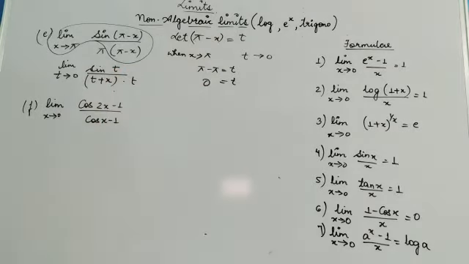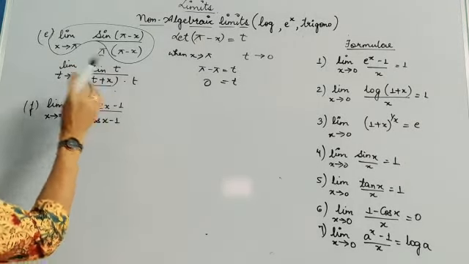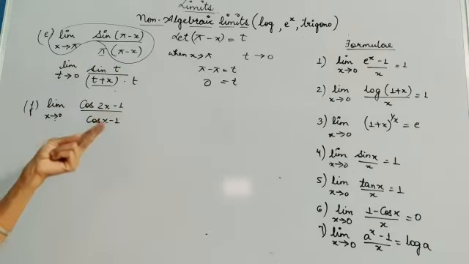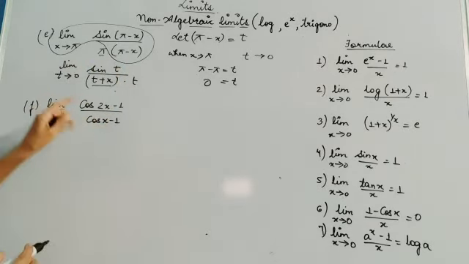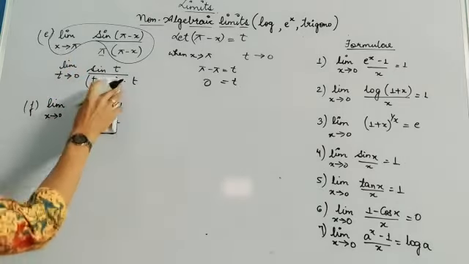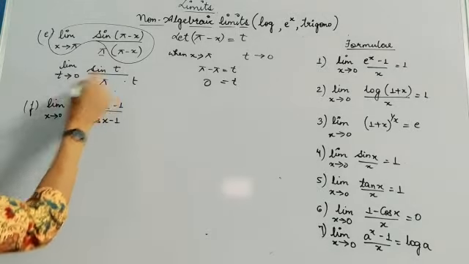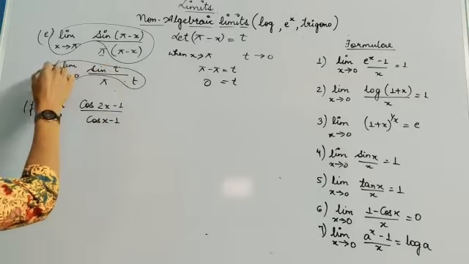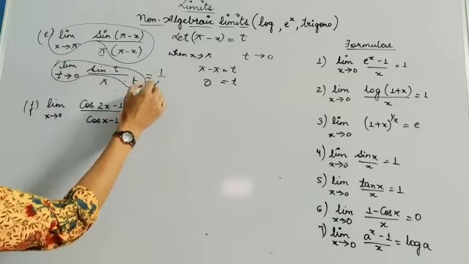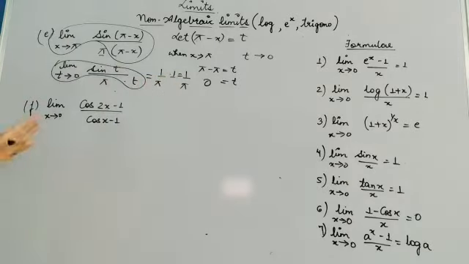Now children, look, if I write pi as t plus x, then my question turns into two variables, which is not acceptable. That means you are not going to replace this pi with t plus x, but you will write this pi as pi, because this is a constant over here. So I will write this as pi only. Now for this I can write 1, and this is 1 upon pi into 1, which is equal to 1 by pi. Alright, let's see the next question.